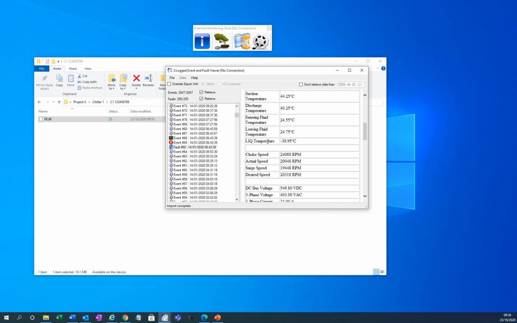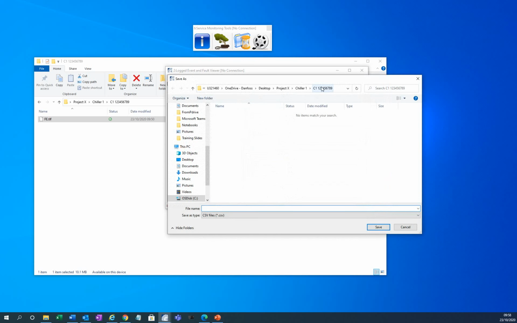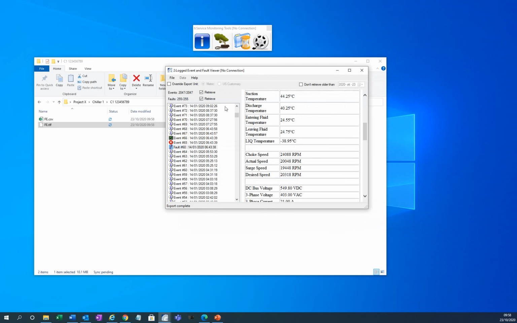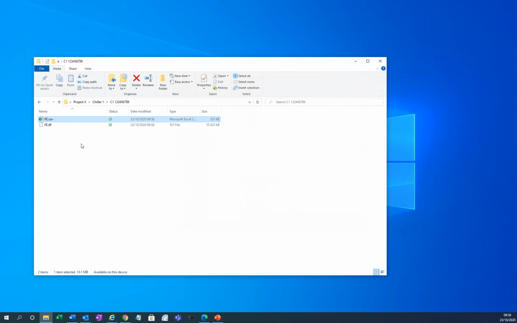Okay, now we want to export this TLF file into CSV. So we go to File, Export All. I make sure that my folder is selected, and then CSV here is already selected. So I type here FE, my name of the file, and I hit Save. Now the file has been saved. So I click OK here. I can close my SMT, and here I have my